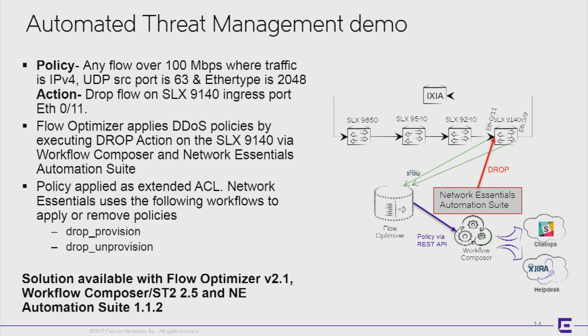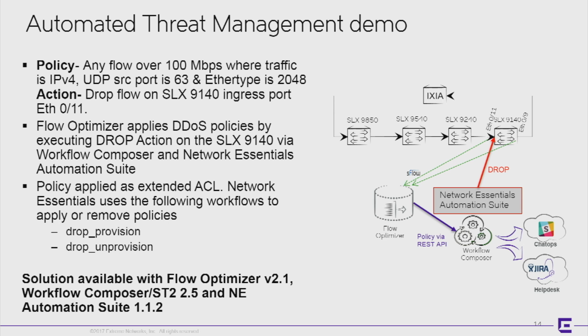Whenever you see a certain predefined threat, like an out-of-the-box DDoS attack, which I'll walk you through, then the flow optimizer is going to trigger a policy via a REST API. So it's going to trigger an event on the workflow composer, as I think Patrick showed you earlier in the concept of what is a trigger, what is a workflow, and what is the action. And the action will be to enforce a drop policy of that threat flow on the Ethernet 0/11 interface